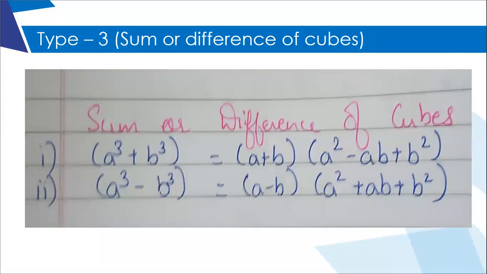Yes, so why is it a minus AB? Because if you see in this one, it is a minus sign. In the first bracket, it is a plus sign, but in the second bracket, you will get a minus sign because when you individually multiply these two brackets, after cutting and all, you will get this only.